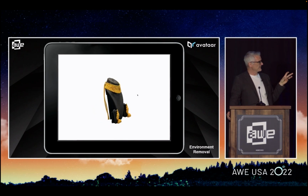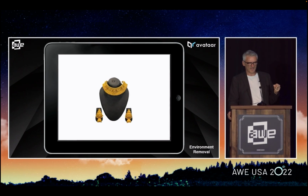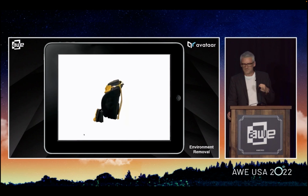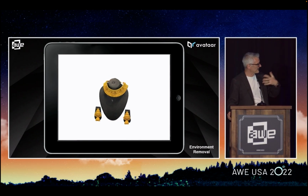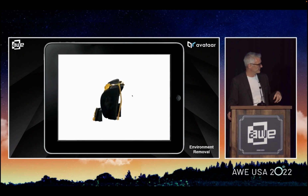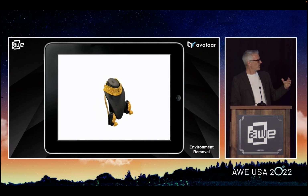But what's beautiful about this is, does this communicate the product enough to a customer? There are still some things we would like to improve on the specularity and the shining, but we can come to that as well in a moment. But the point being is that